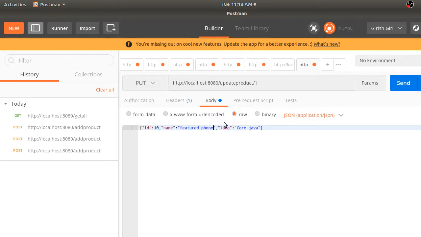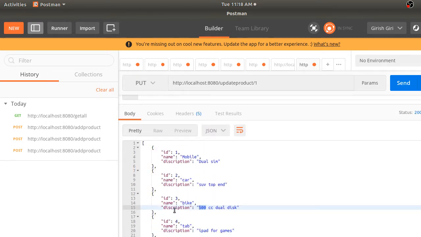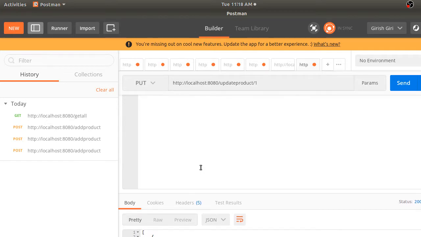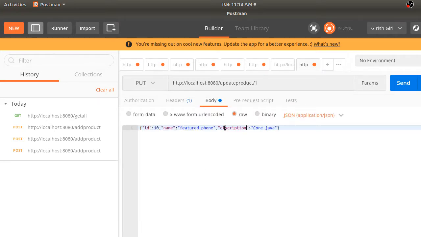And I just want to rename the description, so I give the description as call and text. So this should be changed, right? I am choosing this product 1, and this detail should be updated. That is my request which I am sending.